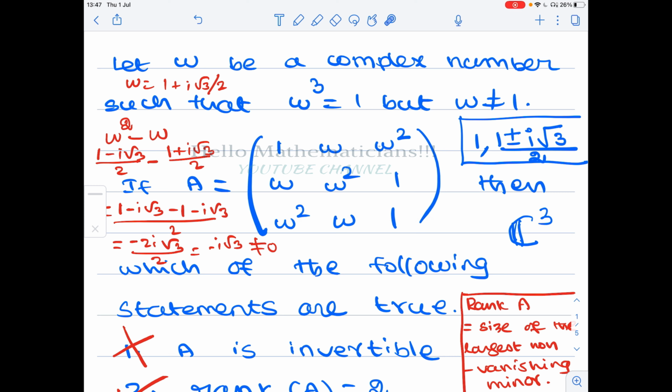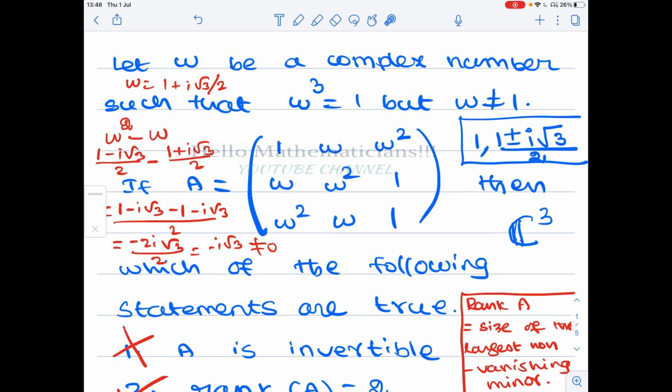Correct? So if w is a cube root of unity, then 1 plus w plus w square, actually this w is a primitive nth root of unity, since w is not equal to 1. If w is a primitive nth root of unity, then if you sum 1 plus w plus w square plus etcetera plus w to the power n minus 1, you will get 0. Therefore this row sum is 0, this row sum is 0, this row sum is 0. In one of our videos we proved that if a matrix has constant row sum, then that sum value is an eigenvalue. Therefore for this matrix 0 is an eigenvalue with the corresponding eigenvector 1 1 1.